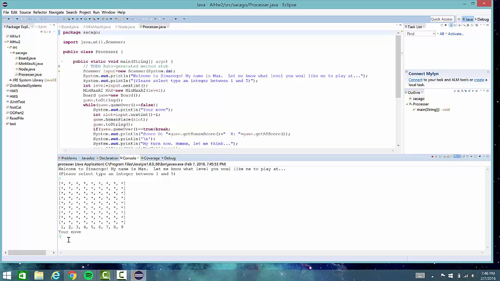Okay, we'll see that it is my move here. We see the board comes up and all the spaces. So we'll put a piece in 5, and we can see that he put a piece in 1. Then I'll put another one in 5. He'll put 1 in 2. I'll block him off and put 1 in 3. And so we can see that as we play through the game here,